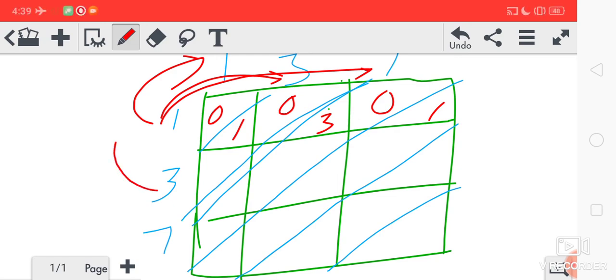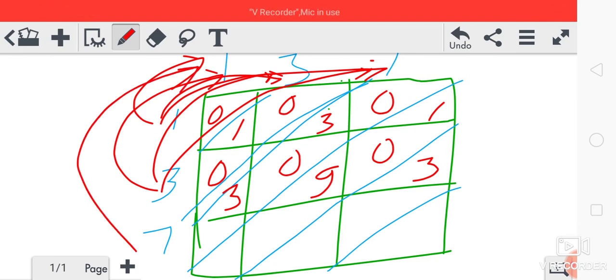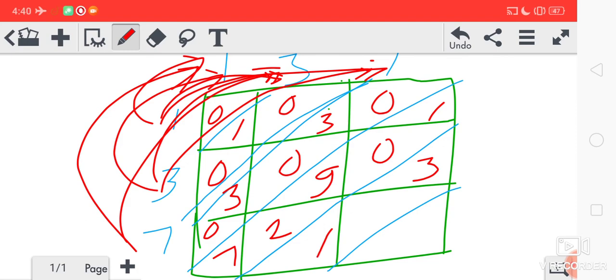Again with this, 3 into 1 you'll get 3, so 0 3. Then 3 into 3 you'll get 9, so you'll write here 0 9. Then 3 into 1 you'll get 3, so 0 3. Then 7 into 1 you'll get 7, so 0 7. Then 7 into 3 you'll get 21, so you'll write here 21.